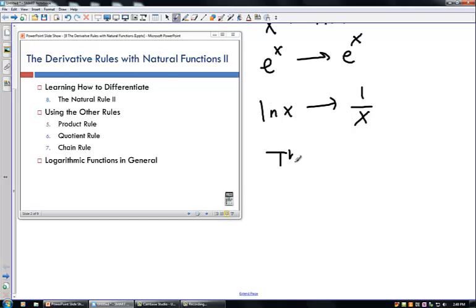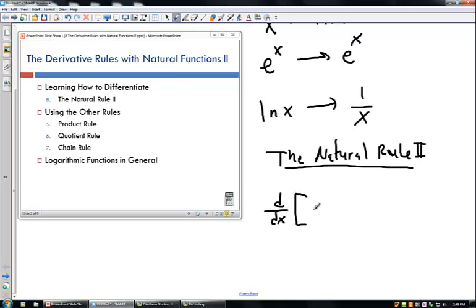Oops, well, let's copy it down. So the natural rule, part 2, says d dx, the derivative with respect to x of ln of x,